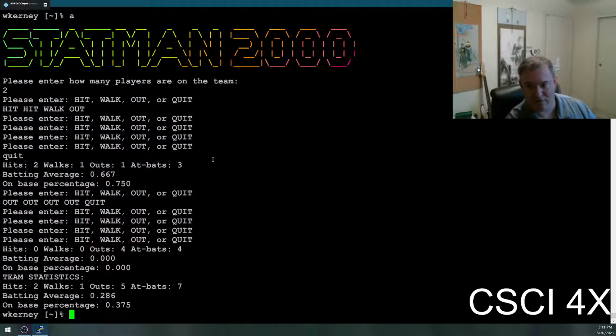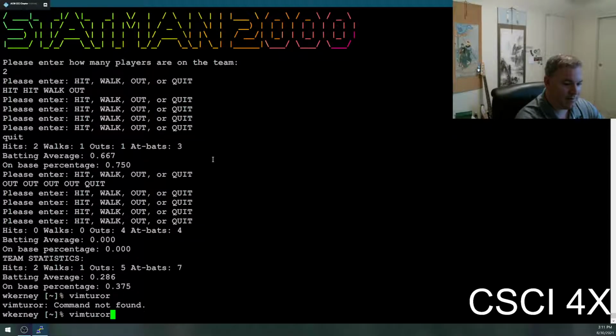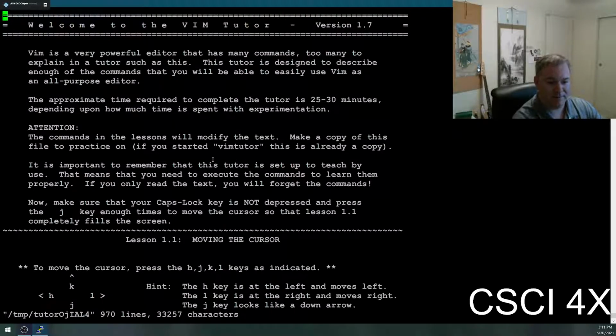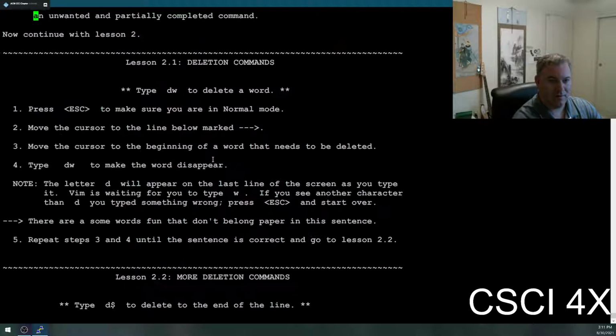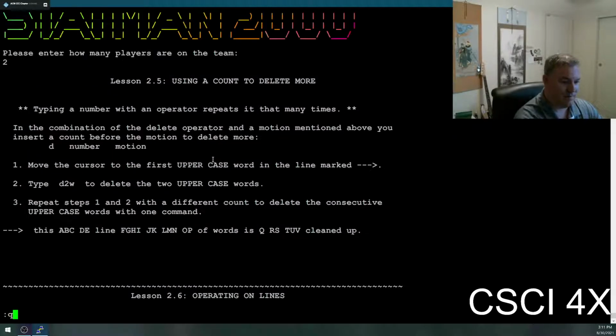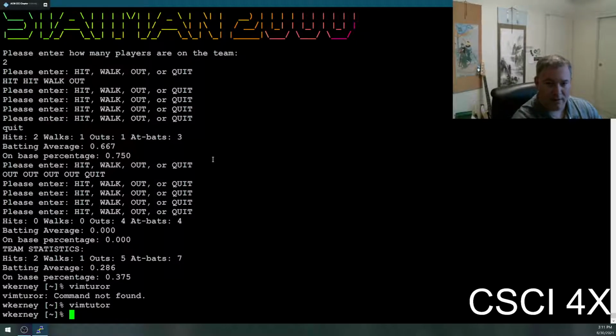It's the kind of thing that you just start off just doing insert and typing and hitting escape and shift's easy, and then over time you learn more commands. Vim Tutor in the terminal will also do it. Yeah, Vim Tutor, like that. And so it's got lessons inside of there. There's also Vim Adventures,